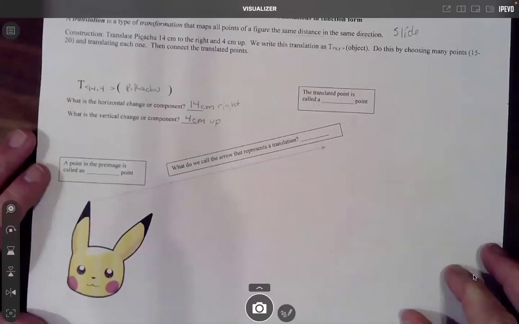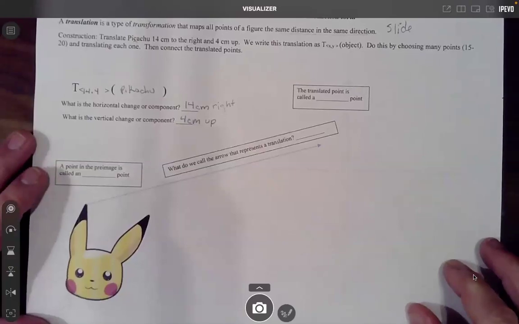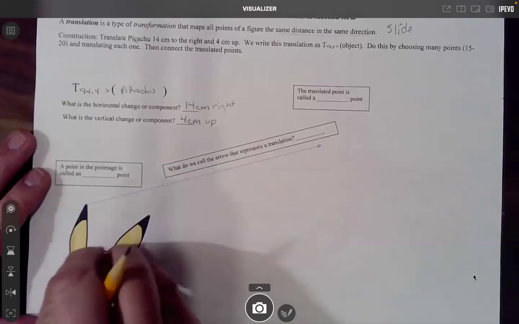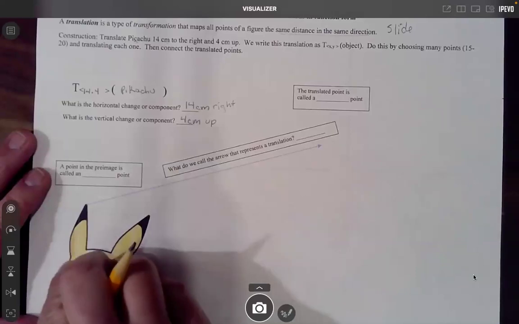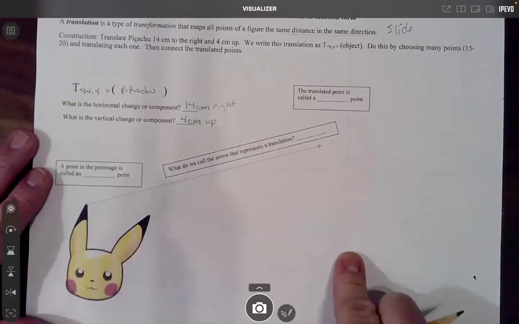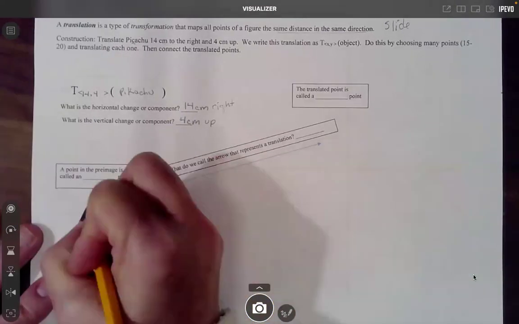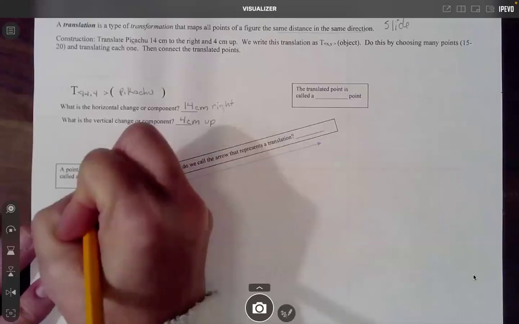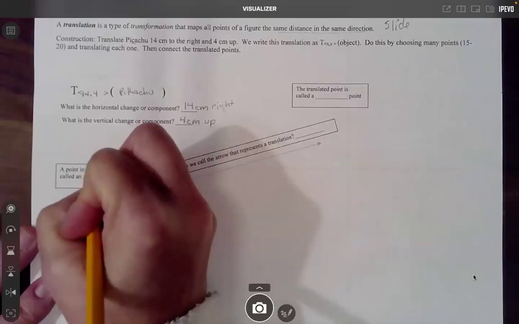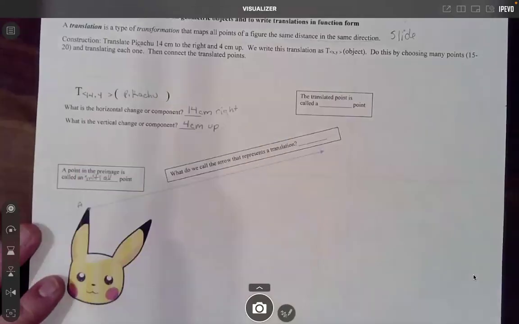Now, how do we transform an object? When we transform an object, we move every point in the object the distance described in the translation. So every point in Pikachu is going to be moved 14 right and 4 up. So we're going to pick a point. We'll name it A. This is an initial point, and we're going to take that initial point